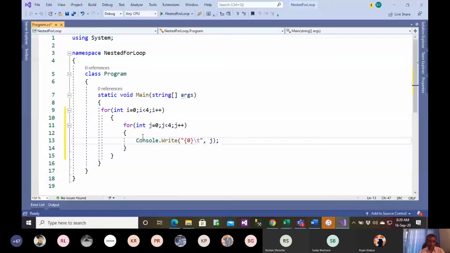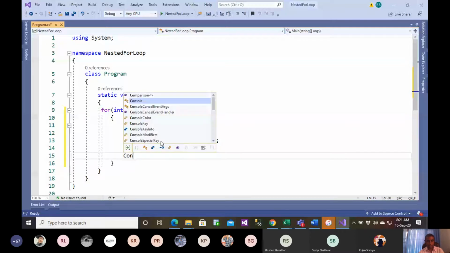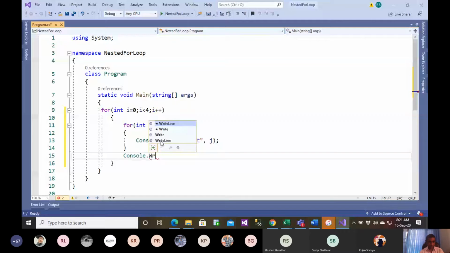I'll just make some modification and run. We have a Console.Write line here. And outside of this main loop, I'll put Console.ReadLine.